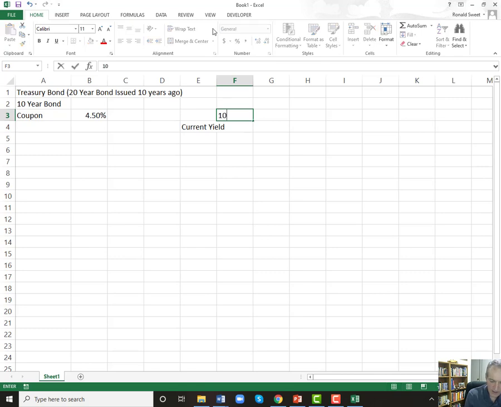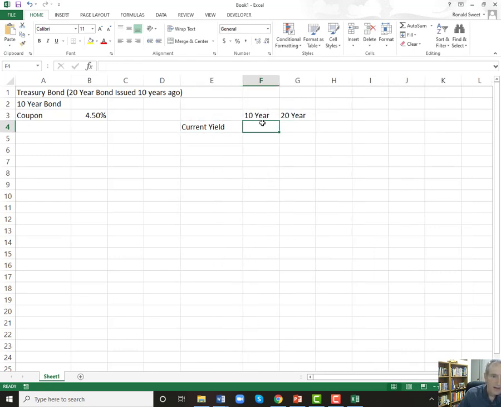Let's look at a 10-year bond and a 20-year bond. So a 10-year bond has a current yield right now. This is a couple of days old. I don't have actually today's. 0.0079 or 0.79%. And a 20-year bond has a coupon of 1.34%. So the question is, remember that the discount rate is going to equal the risk-free